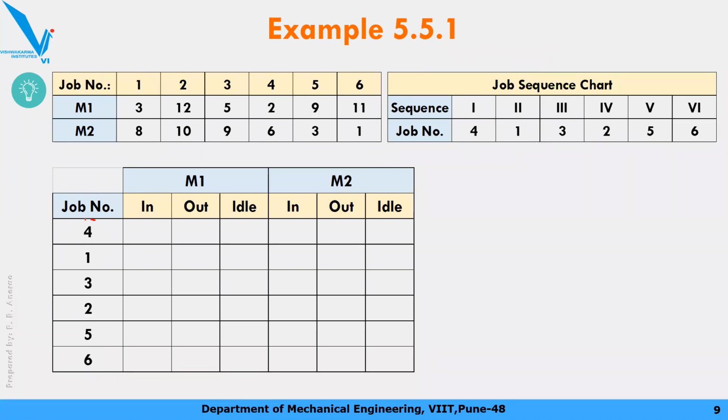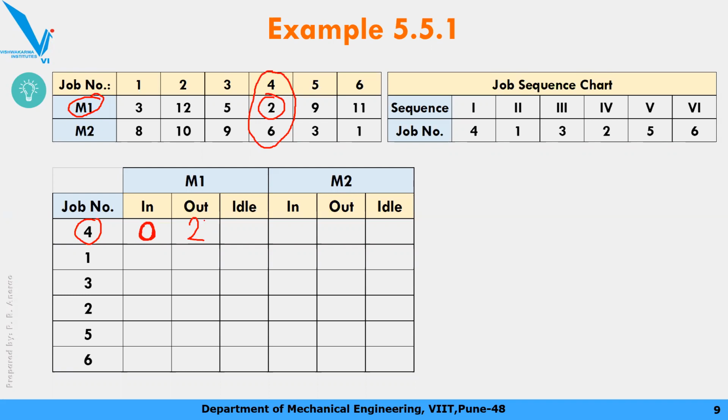सो जॉब नंबर 4 से आप स्टार्ट करोगे. जॉब नंबर 4 you will start first on machine number 1. Okay, so assume करते हैं आपने स्टॉप वॉच स्टार्ट किया, मतलब at current situation the job 4 is on machine 1 at 0 o'clock या 0 टाइम पे आपने मशीन 1 पे लोड कर दिया. नाउ मशीन 1 पे कितना टाइम लेने वाला है, वो 2 मिनट्स. सो आउट टाइम कितना होगा, 2 मिनट के बाद मशीन 1 से आउट हो जाएगा.